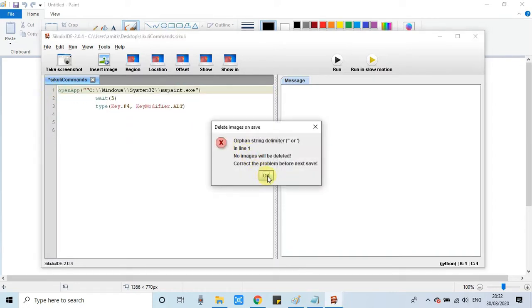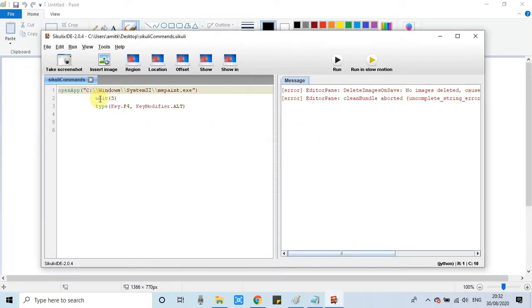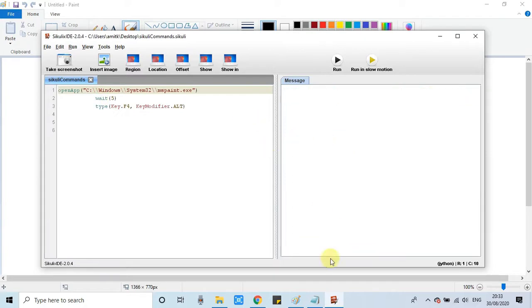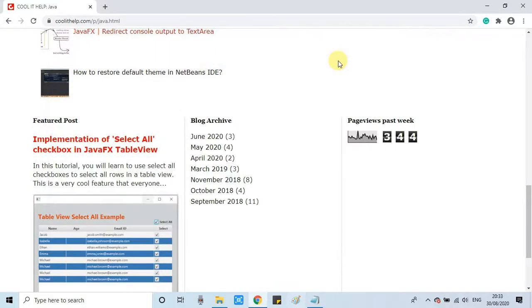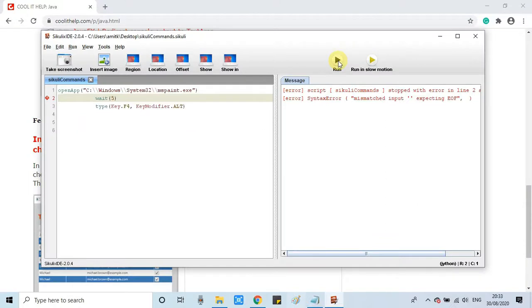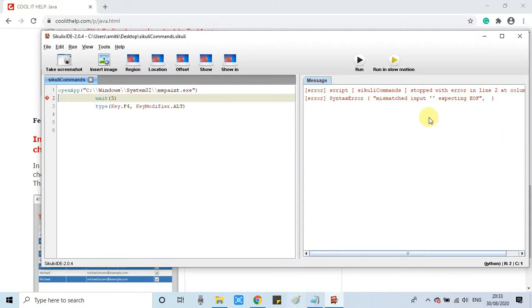And if there's any error, you will get the error message immediately. So I have just removed that double quotes that was extra. Now we will try to run this. Okay, we got some syntax error because the indentation is not correct. Open app is not just like a for loop, so there is no child required. So this is understanding that this syntax is not correct.